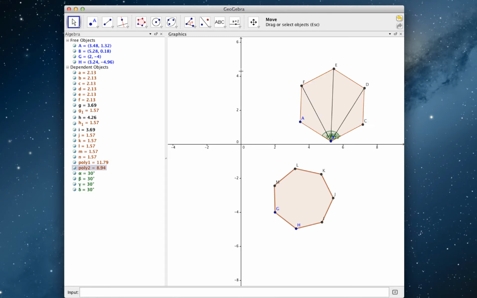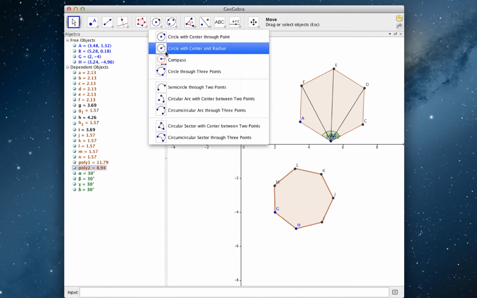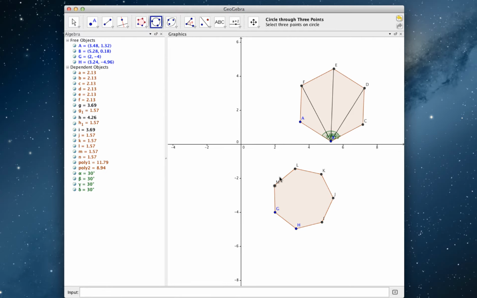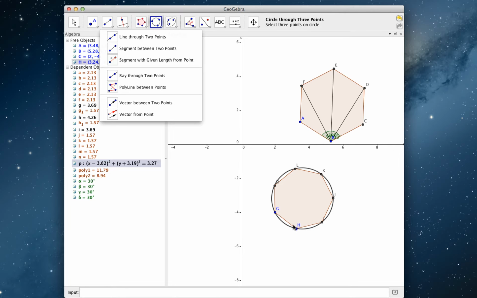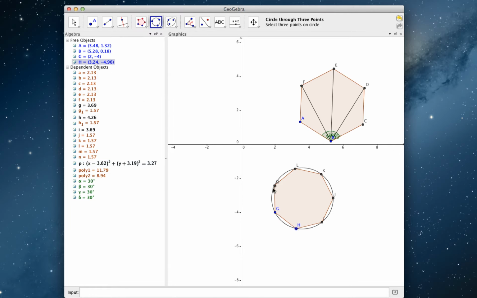So that got me thinking a little bit more about maybe putting a circle in here. I can draw a circle, just take 3 points here, and I can inscribe any polygon with a circle. And then I'm thinking about angles a little bit more, and I feel like if I draw these segments in again,